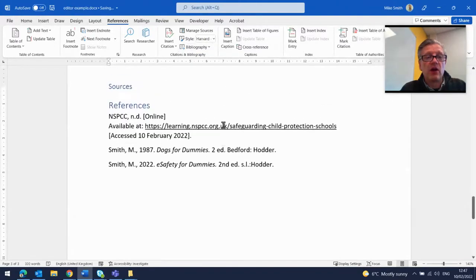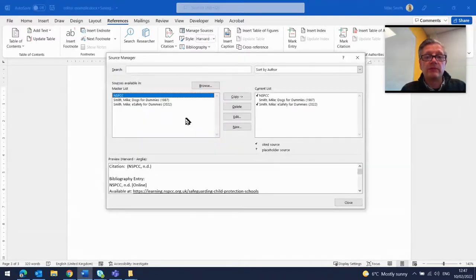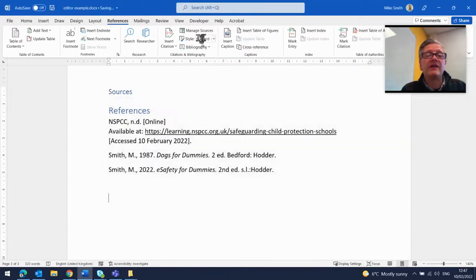references, you can see it automatically puts all of those references in there, and it pulls all the information from the list of managed sources. So we can see here all three books that I said I was going to use, because I moved them across to the current list. They're now in my bibliography. And because we selected Harvard as the style, it's put it in this format of surname and initial and year and title and so on. So we can see immediately it's all in the correct format,